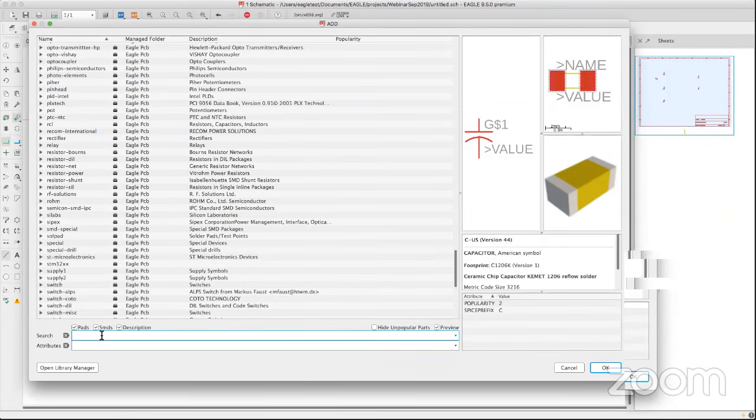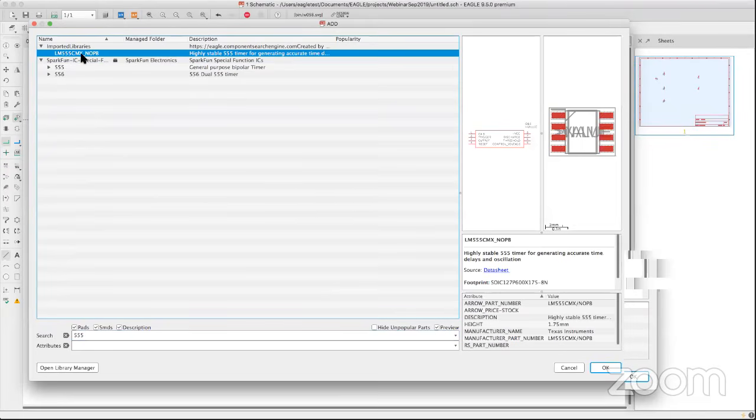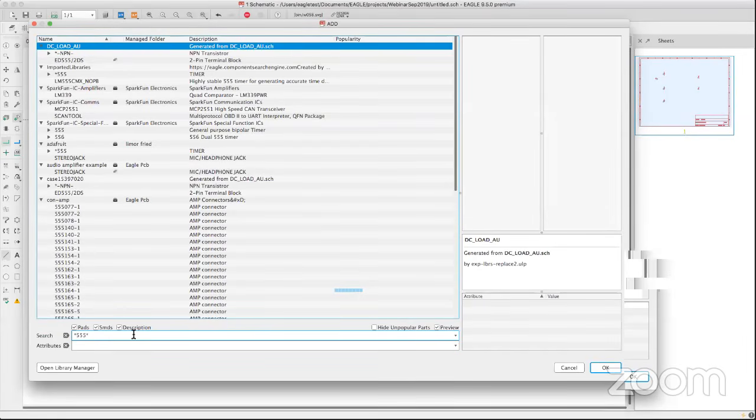Now, I need a 555 timer, so I'm going to type 555. If I type 555, you'll notice I get some results of components that I have, but I'd like to get an even larger amount of search results. I can do that by adding some wildcards. The wildcard is the asterisk. And if I hit enter, I get a much broader amount,